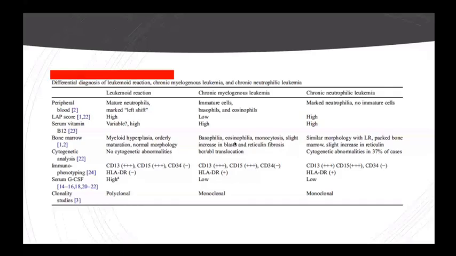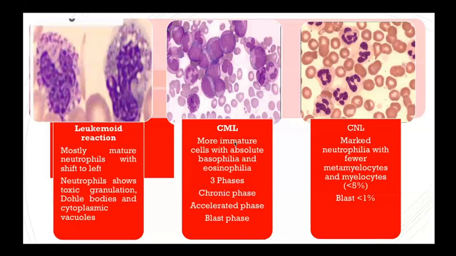Ma'am, but then in CML it should remain normal, no, even if they're comparing to the normal one. So it will be low. Ma'am, why is it low? Because there is no defect in the neutrophils in CML. So I told you, I'm saying there is no defect in the neutrophil. It's a proliferation. Because of the BCR-ABL translocation there is increased tyrosine kinase activity, so there is increased proliferation. You don't need to have increased alkaline phosphatase activity of the neutrophil.